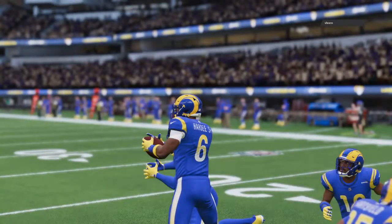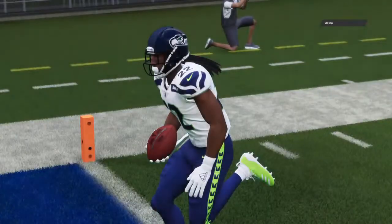So the victory here for Seattle, and they were really helped by their defense forcing 3 turnovers. I think